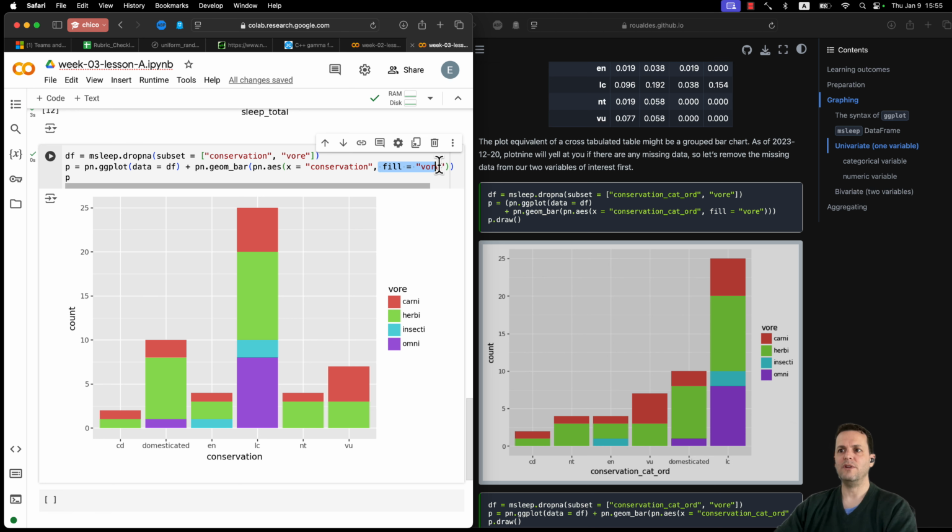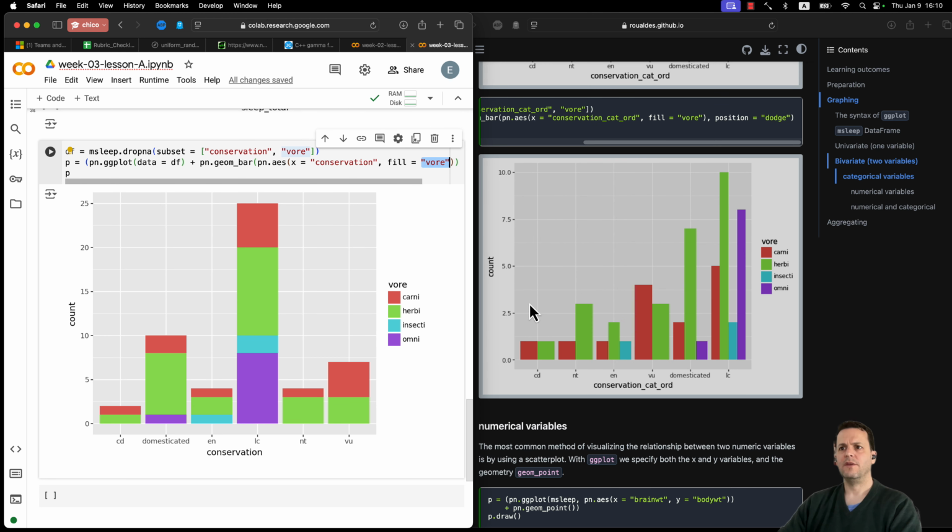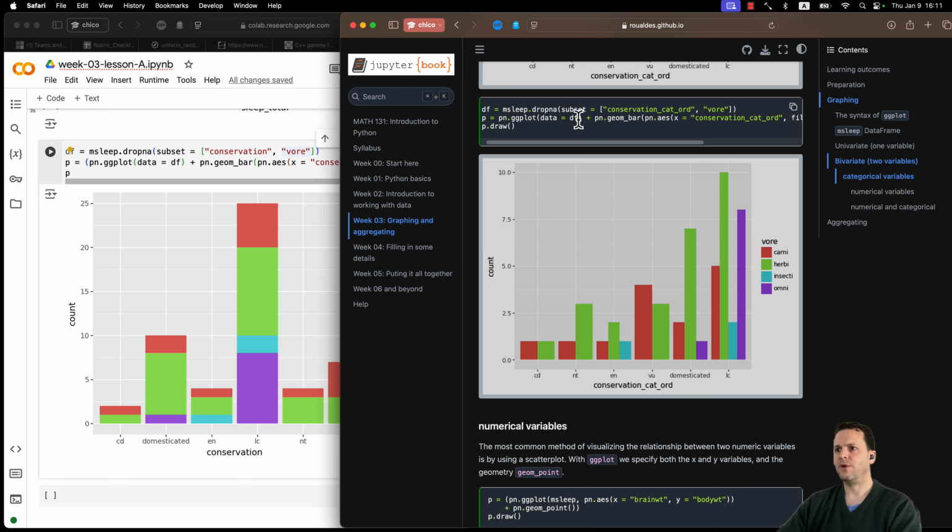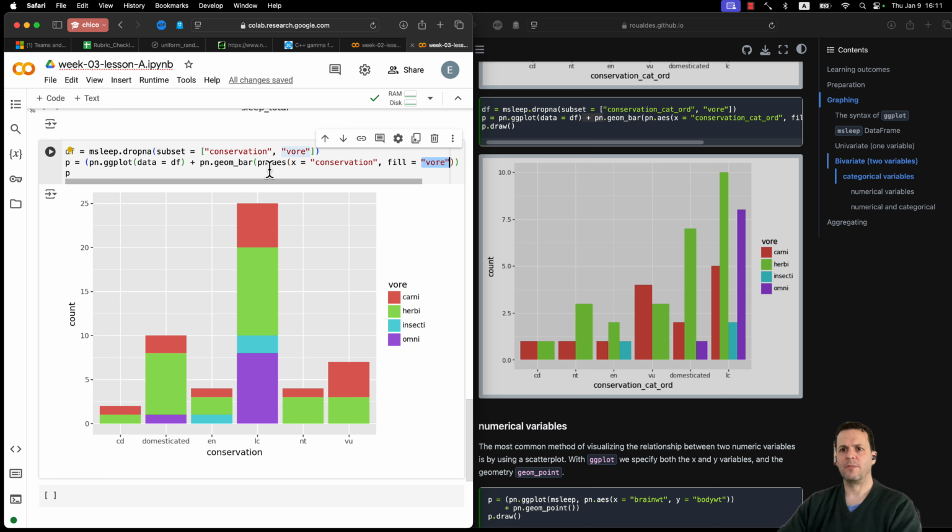You can see you can get really nice features out of ggplots through a simple addition of another keyword argument to the aesthetic function and another categorical variable. The only other thing I'm going to point out relative to the code we have on our week 3 webpage compared to what I made in the video in our collab notebook over here is